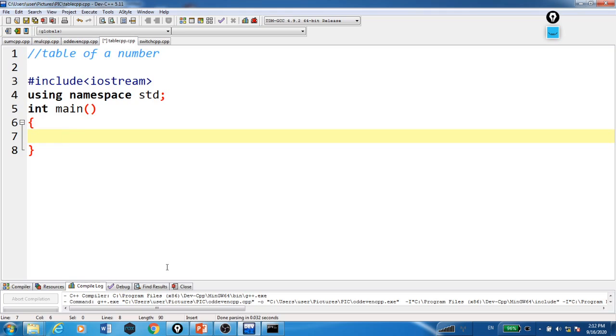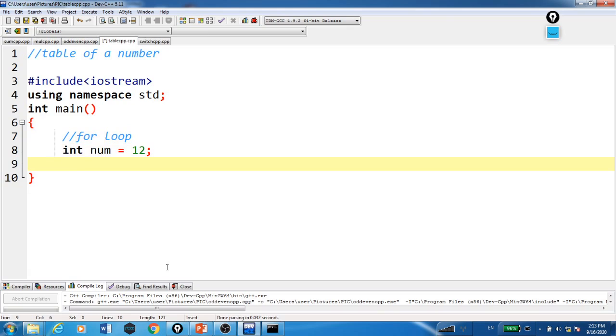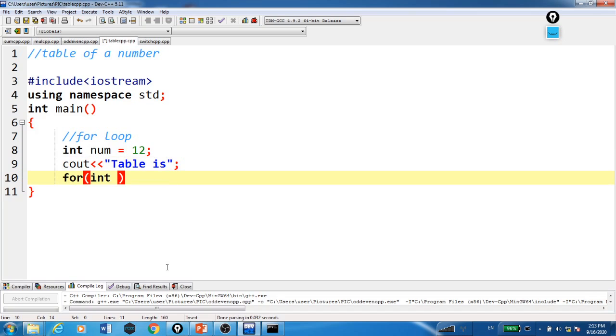So here we will be using the for loop. Int num equals 12 we will take. Here we will write cout table is. Then we will take a for loop, i equals 1, because 12 ones are, we are starting from 1. I less than or equal to 10, till 10, right? 12 tens are.